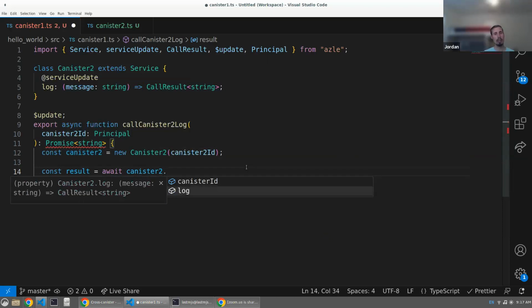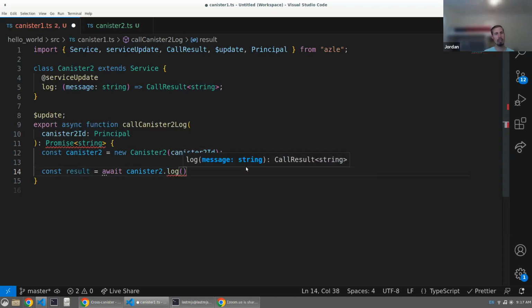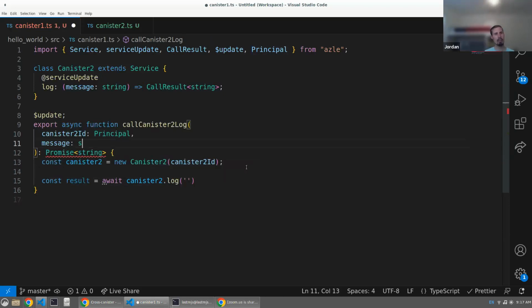Notice I can grab the ID back if I wanted it, but I have my log function. And we need to pass in some kind of message, so maybe we could pass the message in from here. And we will call it. Sweet. And of course, it is a